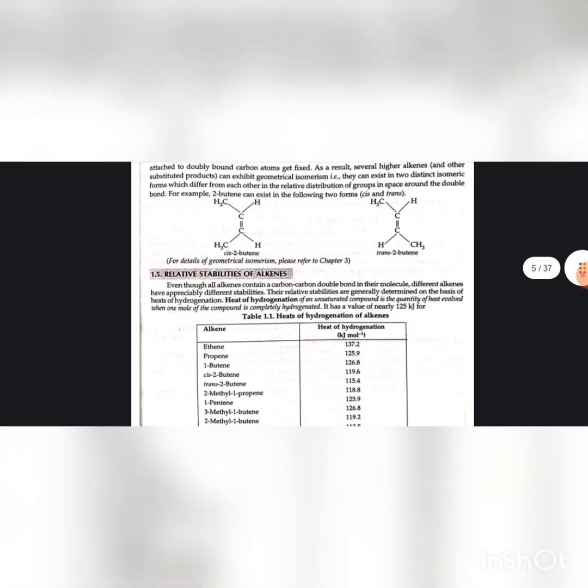Fifth is relative stabilities of alkenes. Even though all alkenes contain a carbon-carbon double bond in their molecule, different alkenes have appreciably different stabilities. Their relative stabilities are generally determined on the basis of heats of hydrogenation. Heat of hydrogenation of an unsaturated compound is the quantity of heat evolved when 1 mole of the compound is completely hydrogenated. It has a value of nearly 125 kilojoule